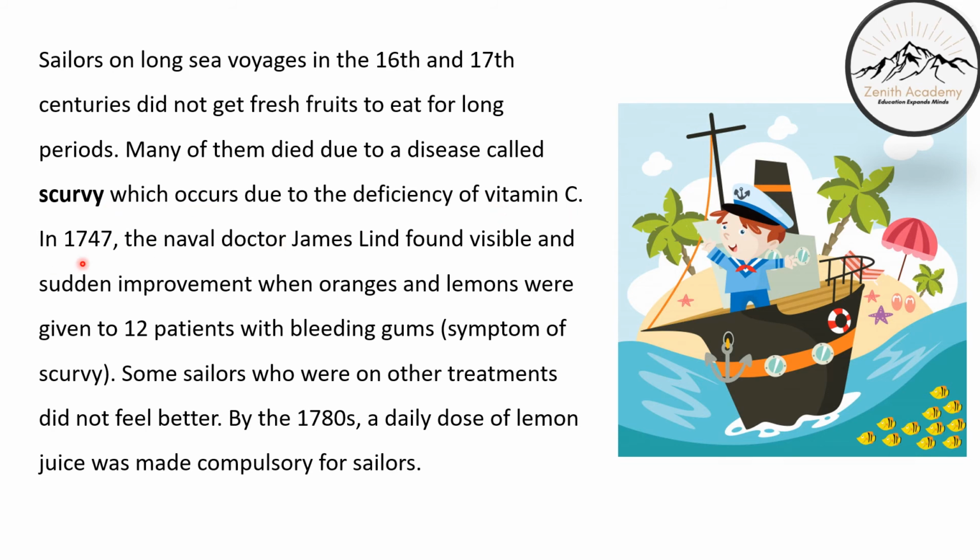In 1747, the naval doctor James Lind found visible and sudden improvement when oranges and lemons were given to 12 patients with bleeding gums. Now you know, my dear children, that oranges and lemons are citrus fruits. They contain a lot of vitamin C. We have already learned this in part 1 of this chapter. So it was given to 12 patients with bleeding gums, and bleeding gums is a symptom of the disease